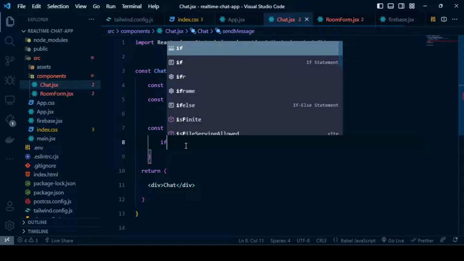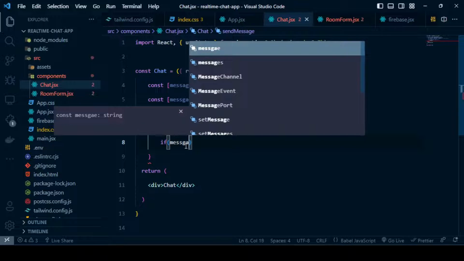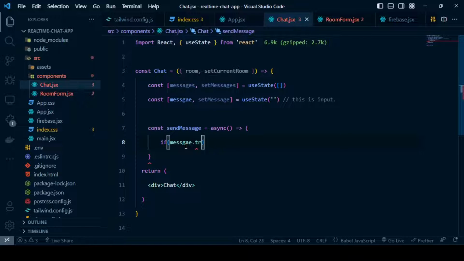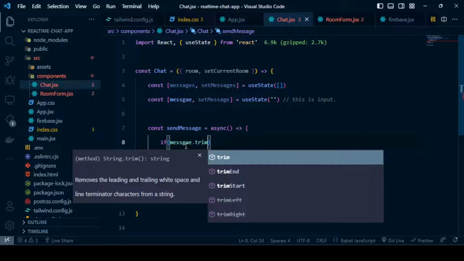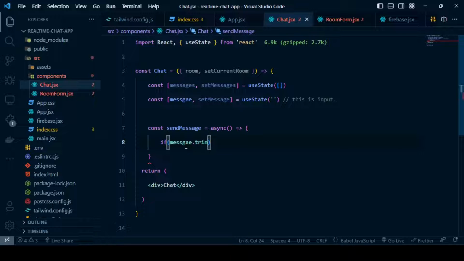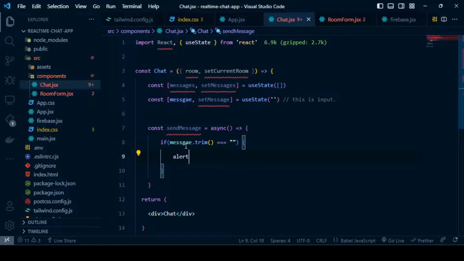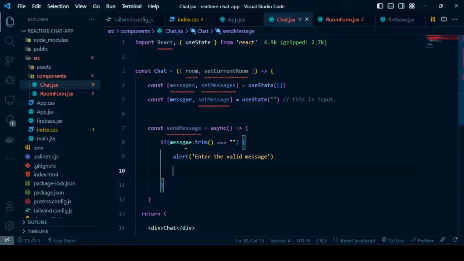And inside it, if we don't have the message, so for checking purposes, if you have given extra spacing, then we will use the trim method for that. If it is an empty string, then just alert "please enter a valid message", otherwise return and just stop executing this. And the next thing we're gonna do is